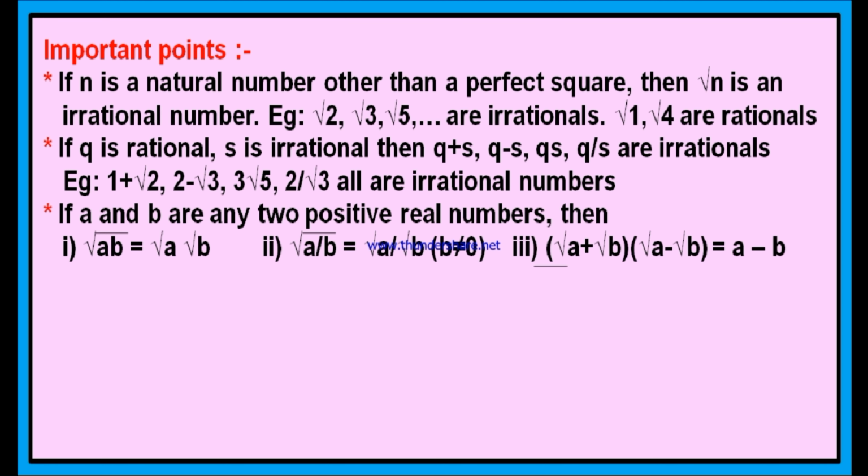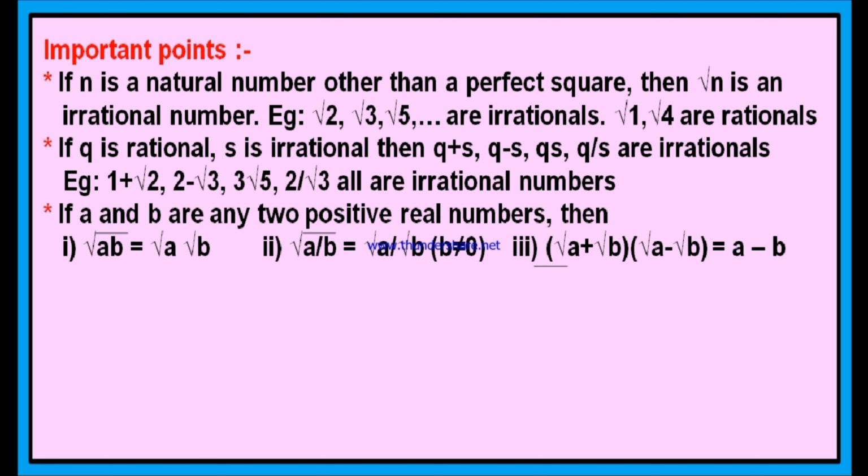And the second point, root over a divided by b is equal to root a divided by root b, provided b not equal to 0 is the condition. What will happen if b is equal to 0? Look at the property. Where can you find b? B is in the denominator place. Since b is in the denominator place, if you equate it to 0, in any fraction if the denominator is 0, can you find the value of the fraction? Good. In any fraction, if the denominator is 0, then the value of the fraction is undefined. Therefore, the condition here should be b not equal to 0.